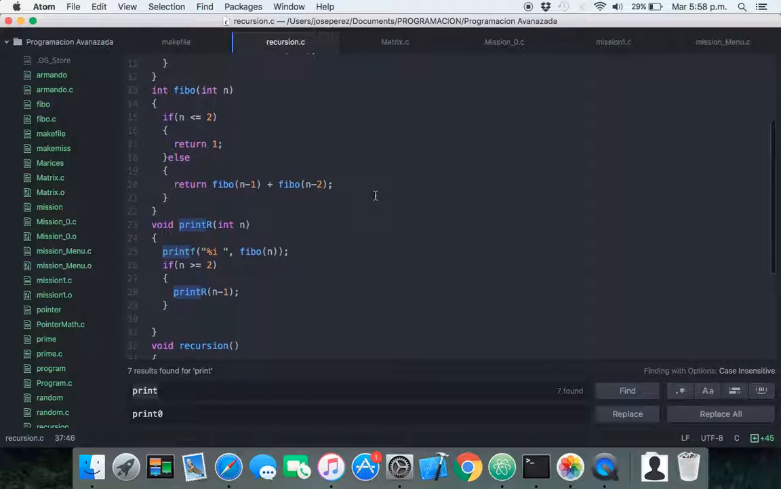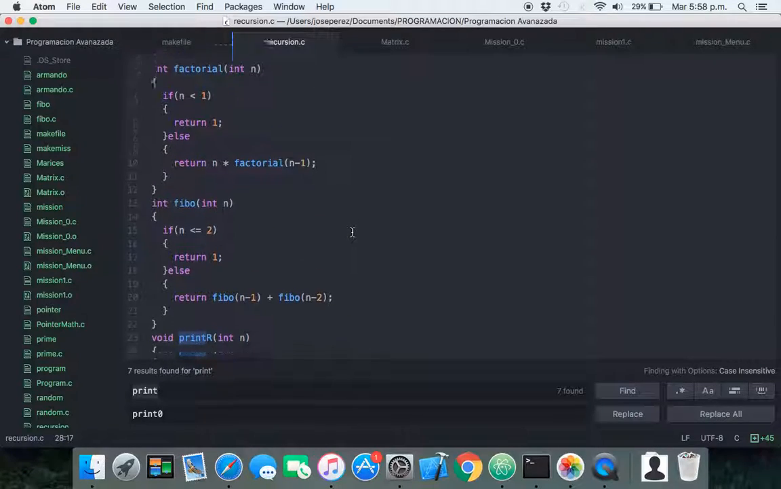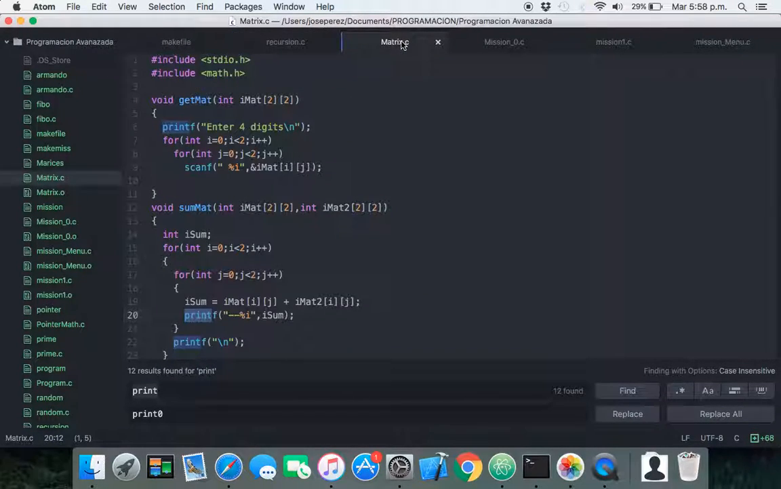That is practically the idea, and then I make the recursive printing to print Fibonacci at the same time we are calling, and this is the function. I print here the number of Fibonacci, for example in this case 1, and then if it's up to 2, then I print the n minus, and there is going to be a double recursion about that. Then we have this